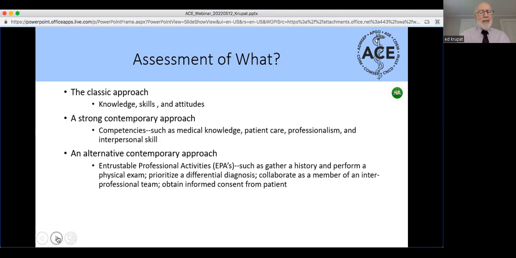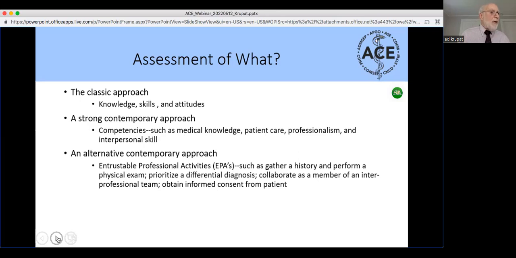And by the way, attitudes, I've been asked, you know, what do you mean by attitudes? Well, how does the student feel about various things relating to professionalism? How do students feel about relating to patients? Some students may be more patient-centered, whereas others may be more doctor-centered in their way. Same as, by the way, patients may have different attitudes about care. Burnout is also, to some extent, a measure of attitude. So classic knowledge, skills, attitudes.